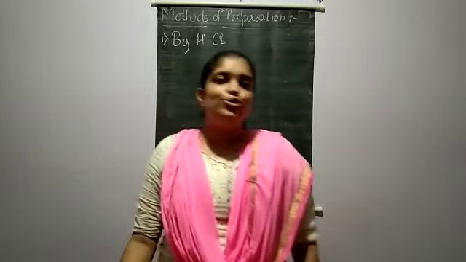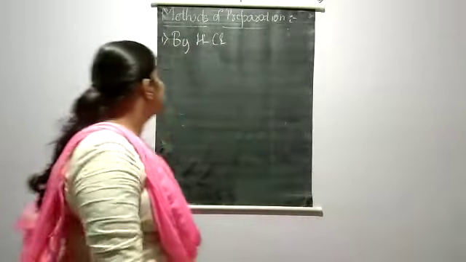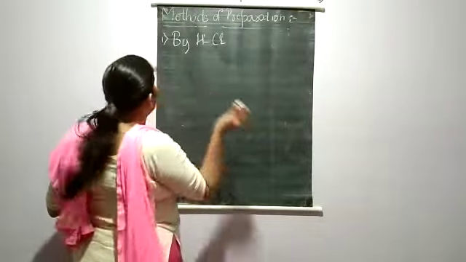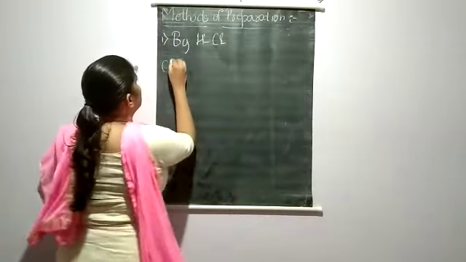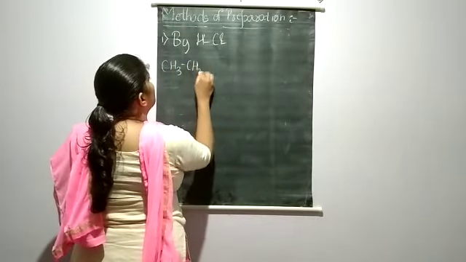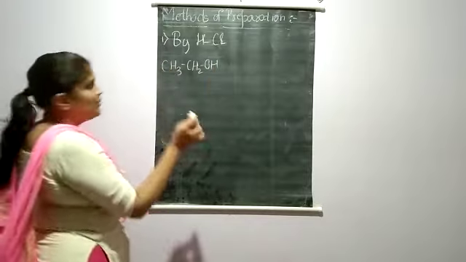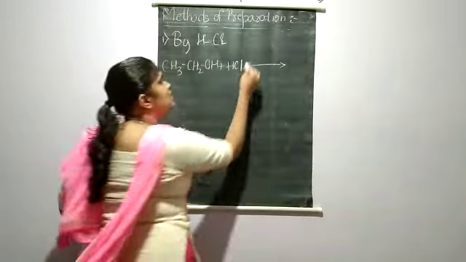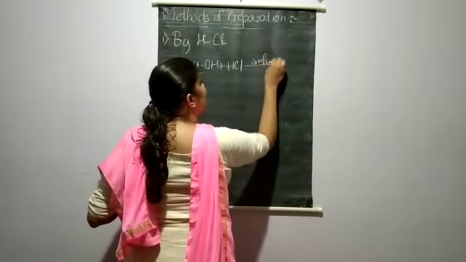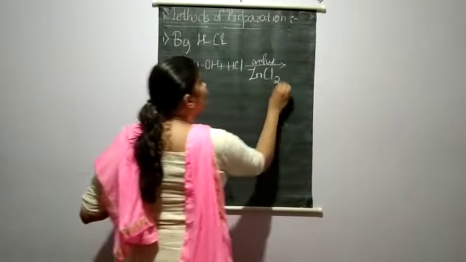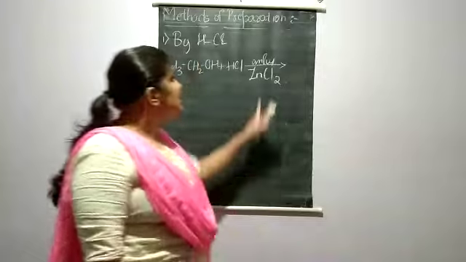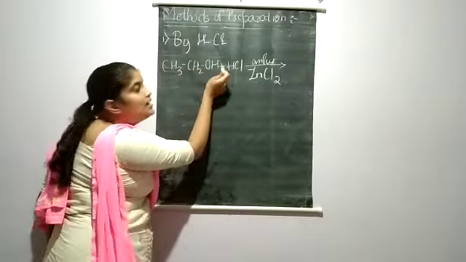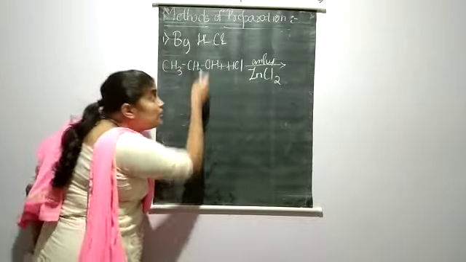Okay, now we are going to prepare our haloalkane by using, first, hydrogen chloride. So the first thing we need, students, is our alcohol. First I will be taking our primary alcohol, that is, when the carbon atom which has the alcoholic group is attached to one carbon atom. I am going to treat it with HCl in the presence of a catalyst, here anhydrous zinc chloride. Now what is the role of this zinc chloride? It helps us to break the bond between carbon and oxygen.